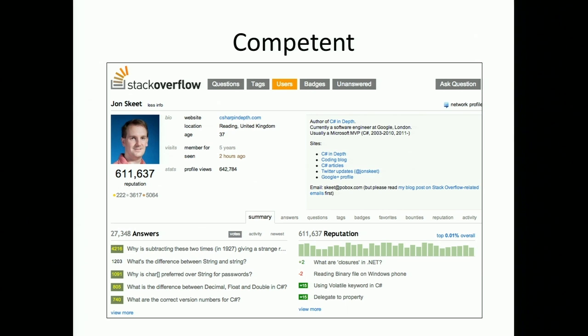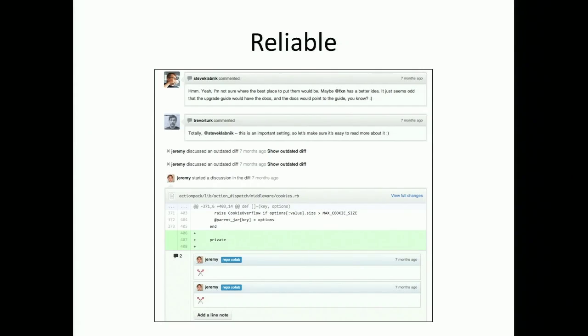And the third thing, so you've got honesty, competency, and now reliability. So in terms of reliability, I think GitHub is an excellent example of being able to demonstrate reliability. And it's reliability in keeping the open process open so you can find the code, but also being able to attribute reliably people's